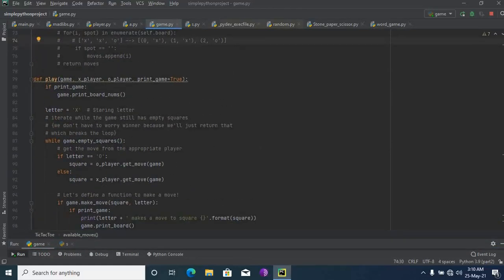Letter equals X, while game.empty_squares, if letter equals O, square equals o_player.get_move(game), else square equals x_player.get_move(game). What this function is telling is that while the game has empty squares, if the letter equals O, then square is o_player.get_move(game), else square is x_player.get_move(game).